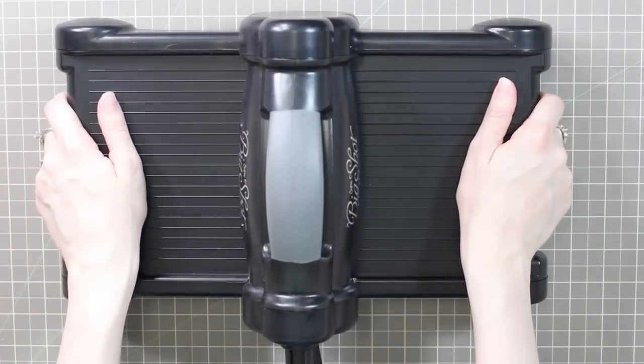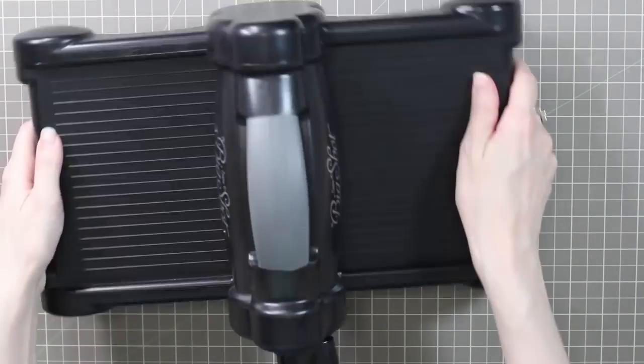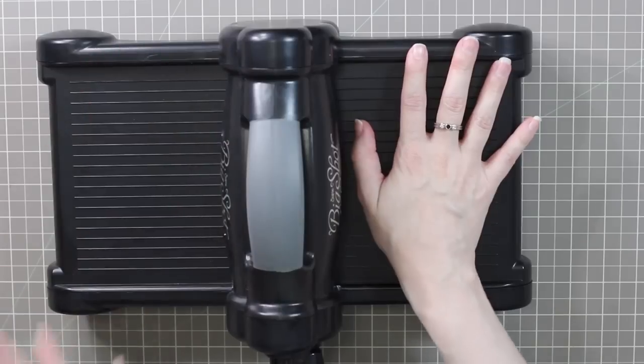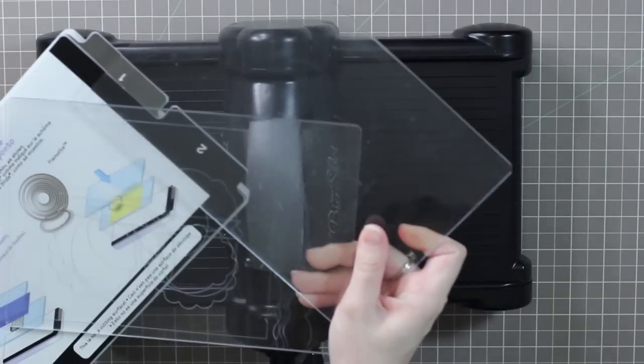This is the Sizzix Big Shot. Now this is the exclusive Stampin' Up! one, so it's all black, gray, very sleek. And with your Big Shot machine, you are going to be getting the regular platform and 2 of the cutting